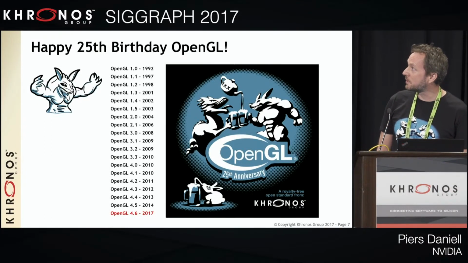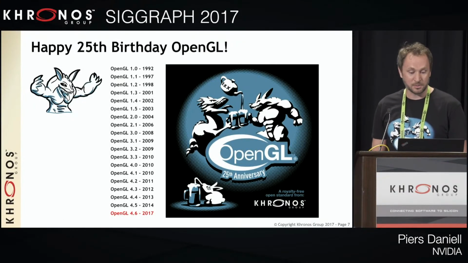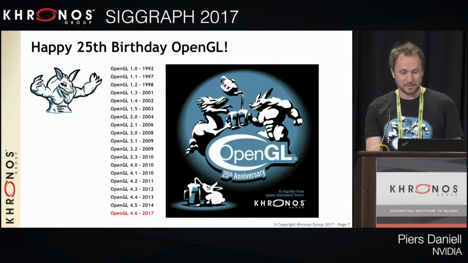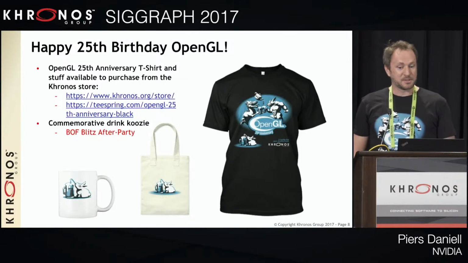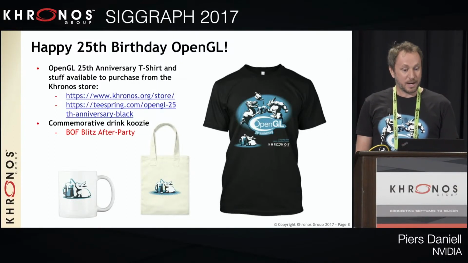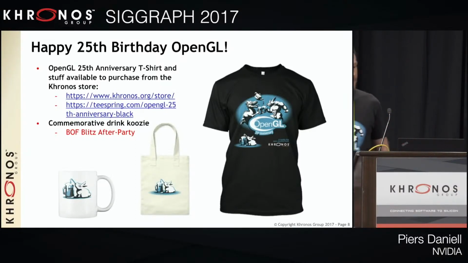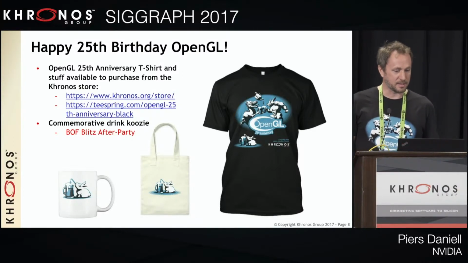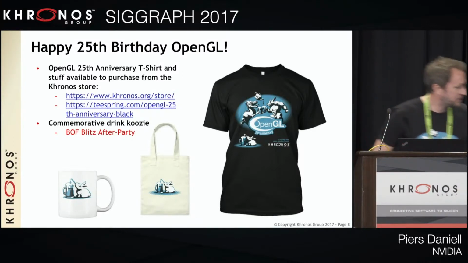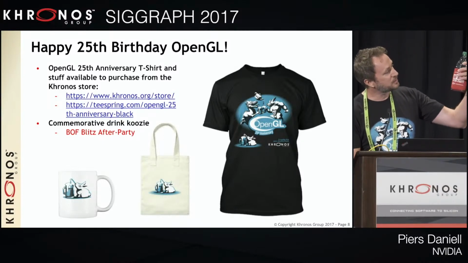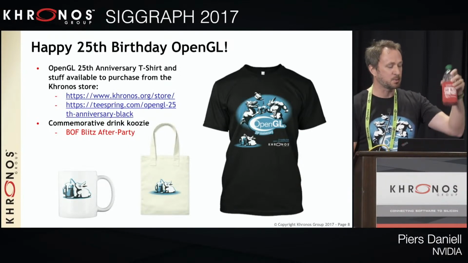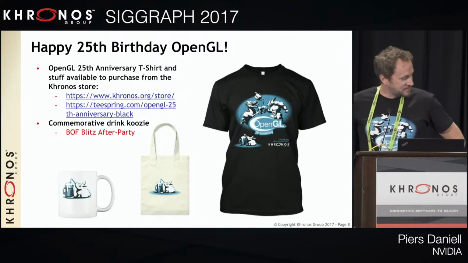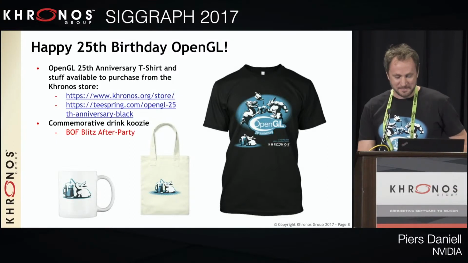So those are all the releases that we've done since 1992, 19 in all. On its 25th birthday, we have another release, which I'll get to in a second. And to celebrate OpenGL's 25th birthday, we have some swag that you can buy for yourself. We have a Khronos store. There's a T-shirt you can buy, which I'm modeling right here. There's a tote bag, there's a mug, and who knows, some other stuff might appear. And if you stay behind for the party, you can pick up one of these commemorative drink cozies or beer cozies, but you can use it for water too. And it has the 25th anniversary printed on it.